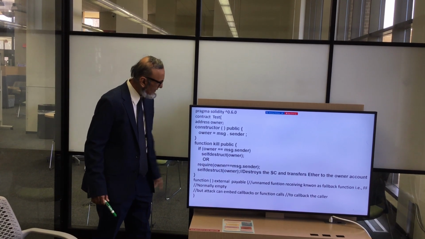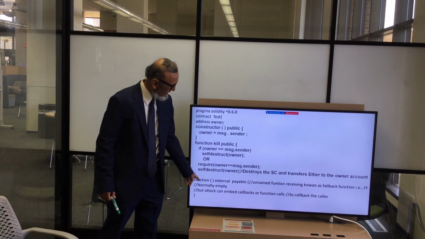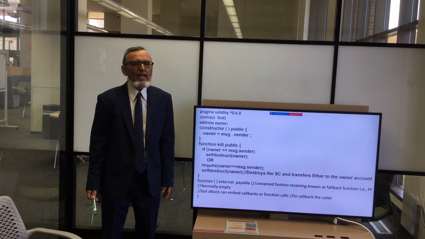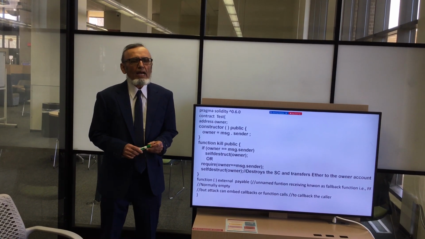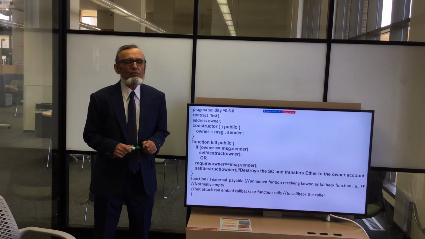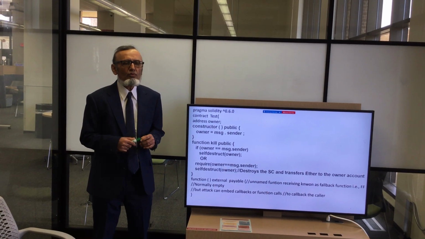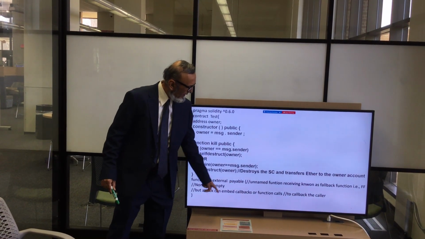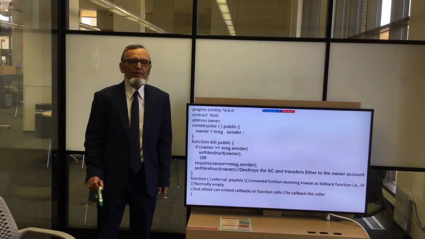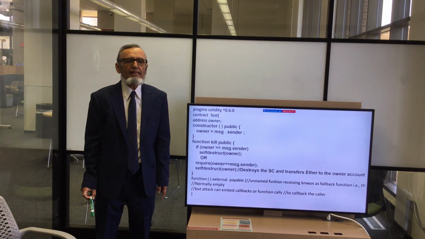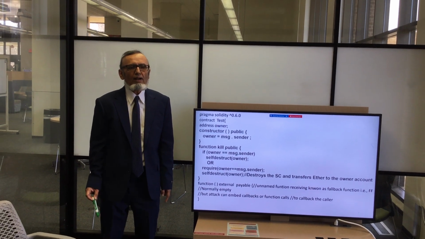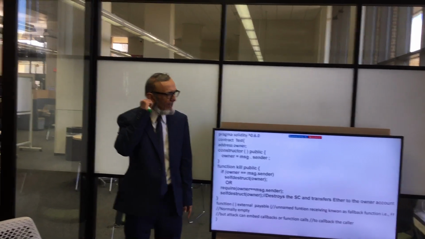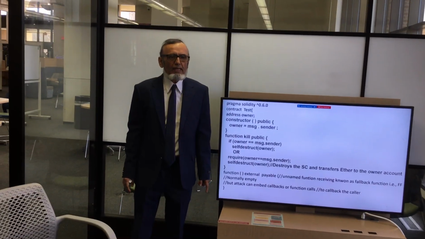And the other statement is the function. There is no name assigned to this function, and it is called the fallback function. It has some very important code: it is used to receive ether, and we can also use it for transferring ether. For this purpose, we have the payable keyword. If the function is associated with the payable keyword, then it means that it can receive the fund, it can receive the ether, and it can also transfer ether. So we can use this instead of